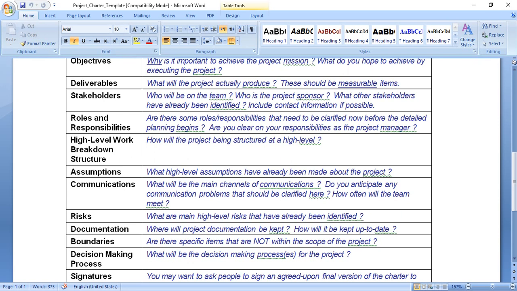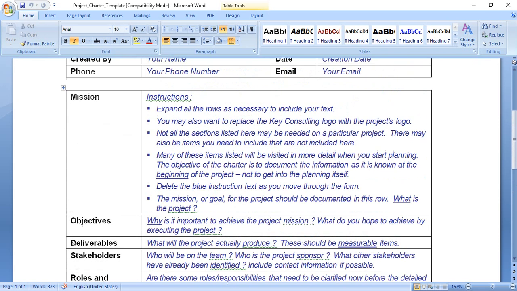Other. If a combination of vendors will be involved in the project, check this box. List each vendor and a description of the vendor's responsibility in the notes section of the charter.